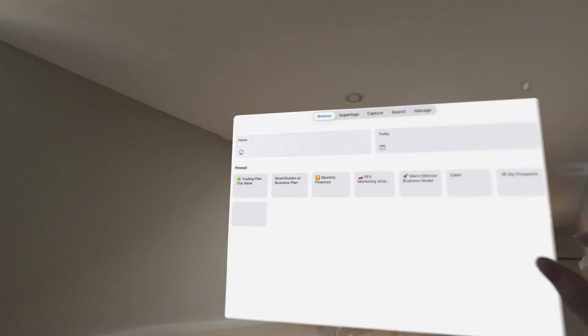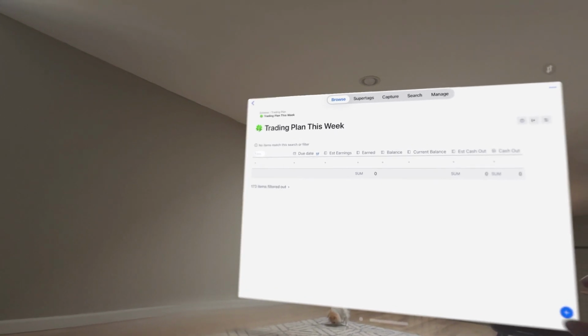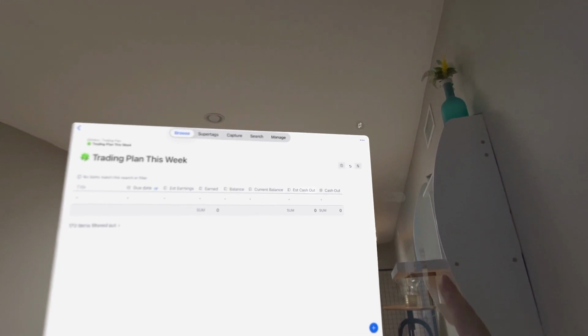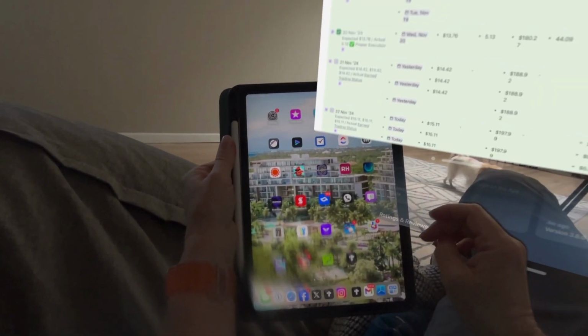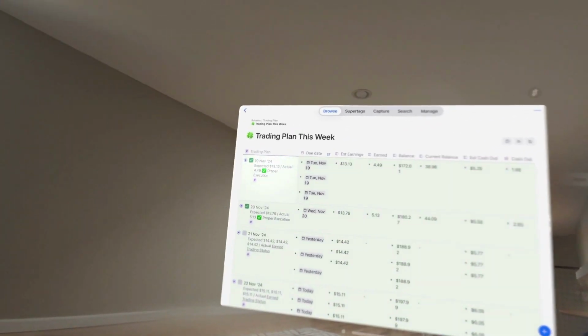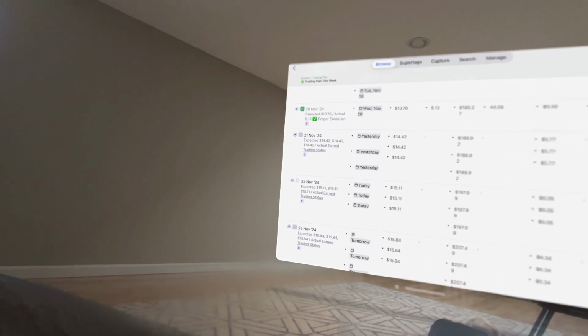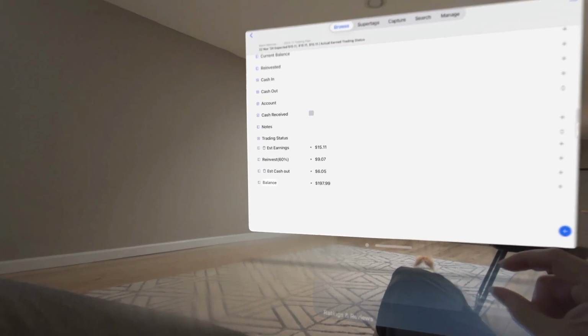Let's go into browse, trading plan this week. Do I not have a trading plan this week? Or is it just taking time to load? That's curious. So let's see. Oh, yeah, I do. Okay, so what day is it? It's the 22nd. So if I go into the 22nd